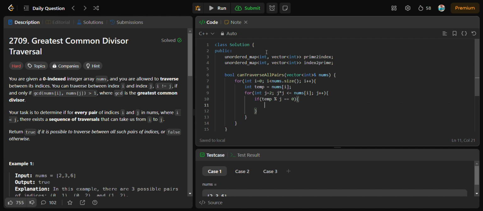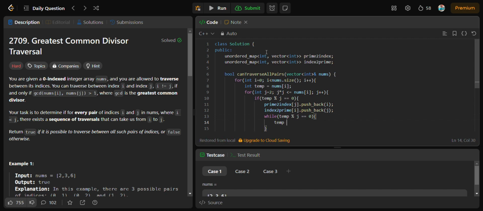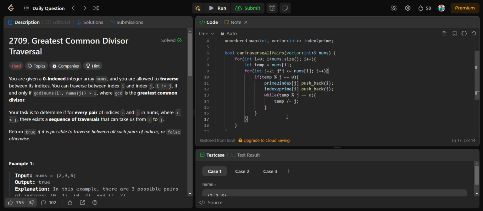if it is true, then we will push back I to prime to index. So prime to index of jth position, we will push back I here, and again we will push back j in index to prime position, for vector index to prime of I. We will push back j, and after this, while temp modulo j equals 0, we will do temp divide equal to j. So we will divide temp by j,